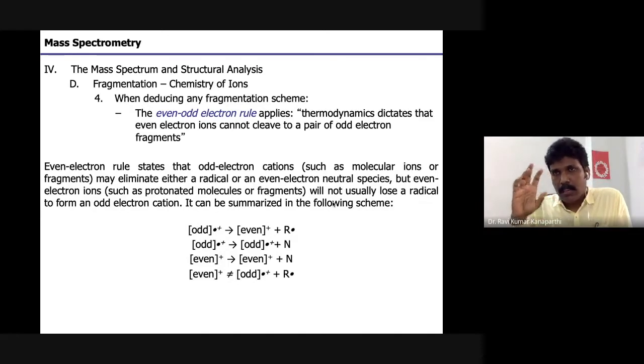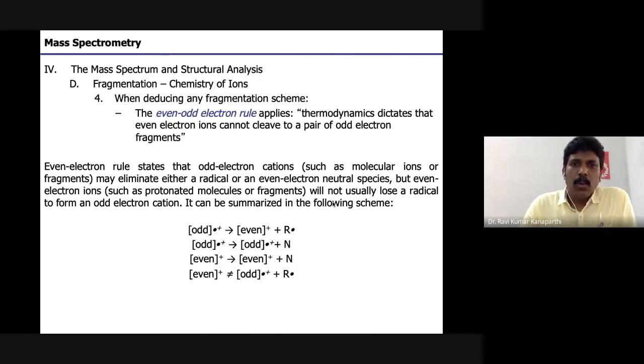And then when you're writing the fragmentation pattern, there is a rule called the even electron rule. Even electron rule, odd electron rule is there. And this actually came from thermodynamics. Even electron ions cannot cleave to a pair of odd electron fragments. And a little more clearly, the even electron rule, as it is more commonly known, states that the odd electron cations,